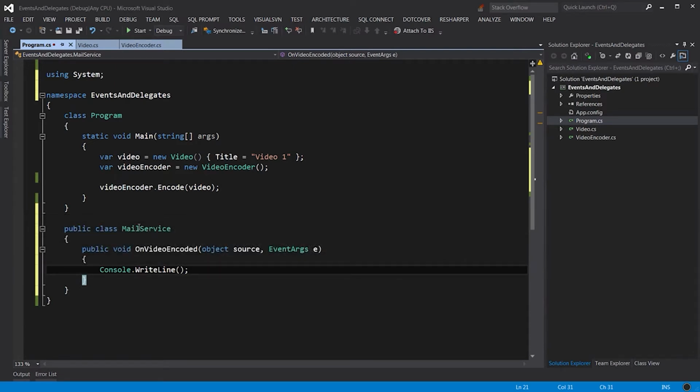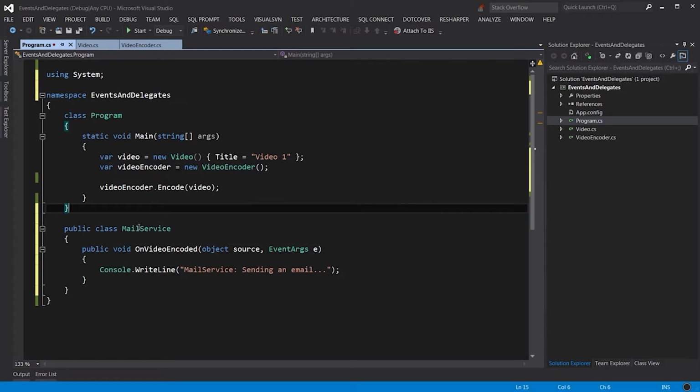All right, let's move on. So when this method is called, we want to log a message to the console saying, okay, we are in mail service, sending an email. That's pretty much it. Now, what we need to do is to subscribe this mail service to the video encoded